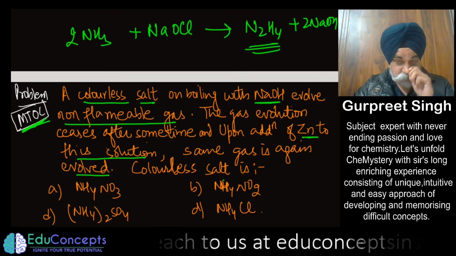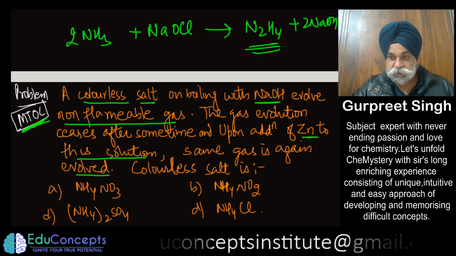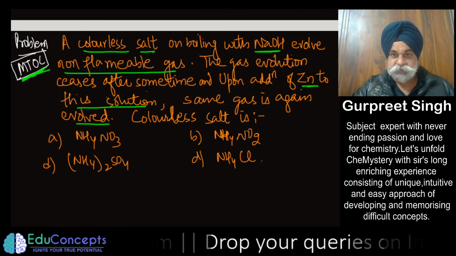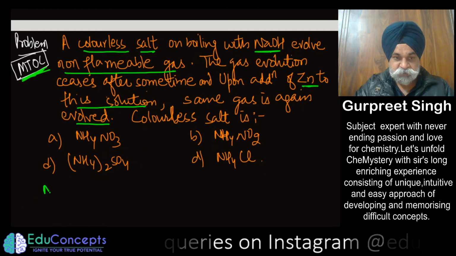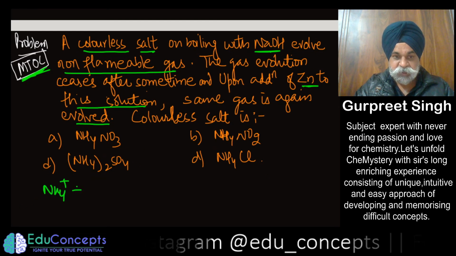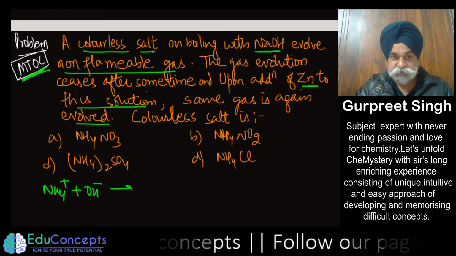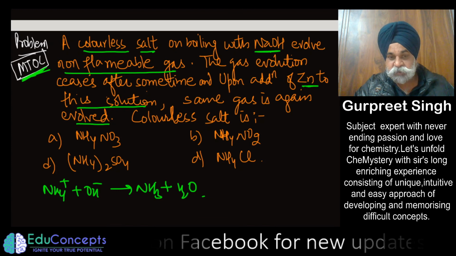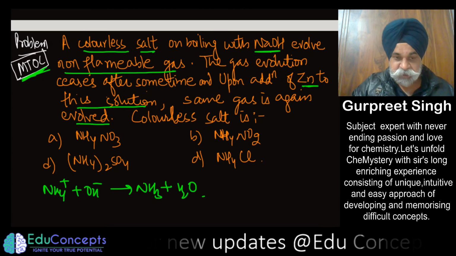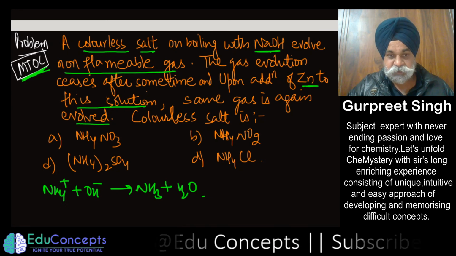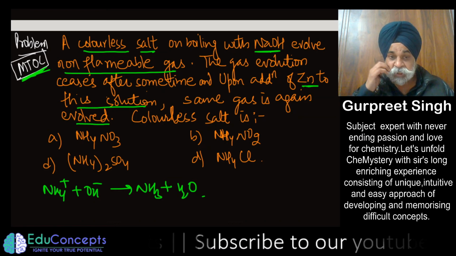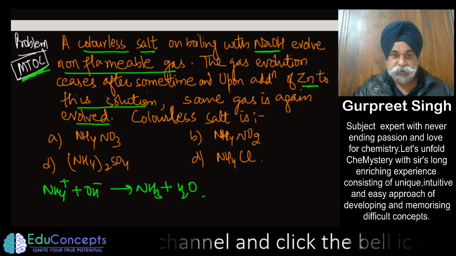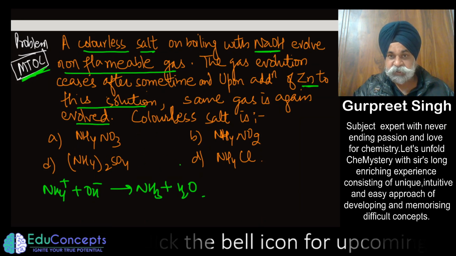Now, this is a tricky question, because all of these salts are ammonium salts, and all of the ammonium salts which we have spoken about react with alkali to form ammonia and water. This we have already spoken about. In preparation number first or second, I have discussed that any ammonium salt when treated with alkali gives you ammonia along with water. So from that angle, every one of these could react.